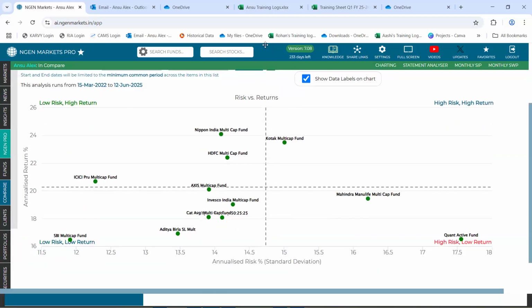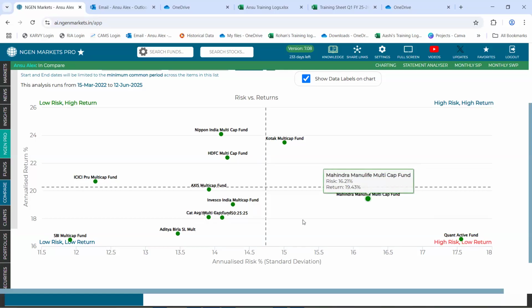So this is a scatter plot wherein on the x-axis, you could view annualized risk, that is standard deviation. And on the y-axis, you could view annualized return. And we have divided this into 4 quadrants, that is low risk, high return; low risk, low return; high risk, high return; and high risk, low return.